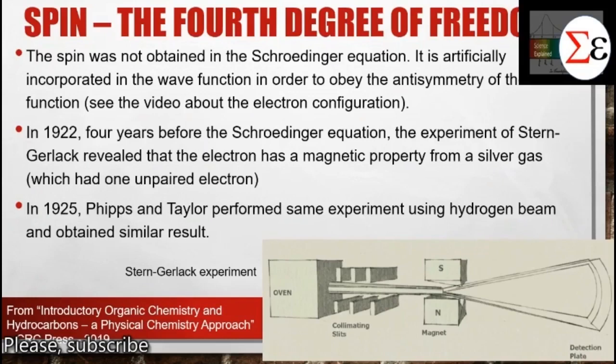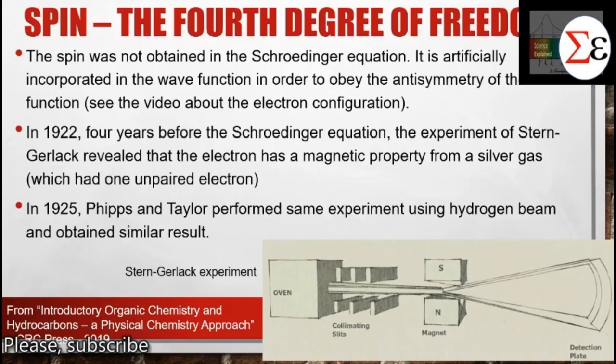In 1922, 4 years before the Schrodinger equation, the experiment of Stern-Gerlach revealed that the electron has a magnetic property from the silver gas. The silver gas, which has a 1 unpaired electron, passes through collimator slits and the magnet, the 2 poles of the magnet, and this beam is deviated. It has 2 deviations, which are detected in this plate. Then this is the first evidence of the